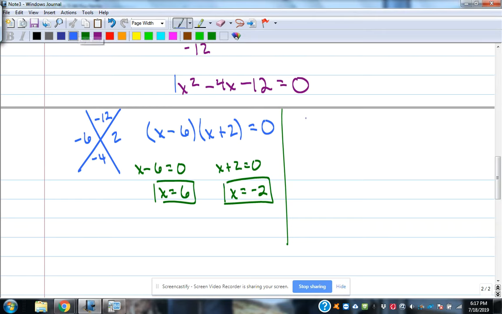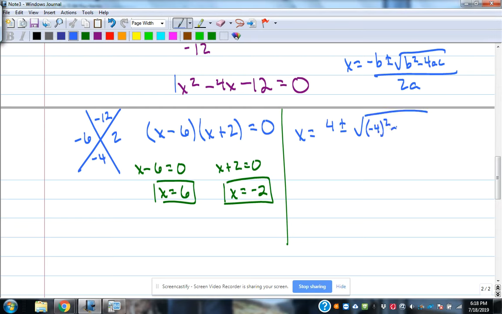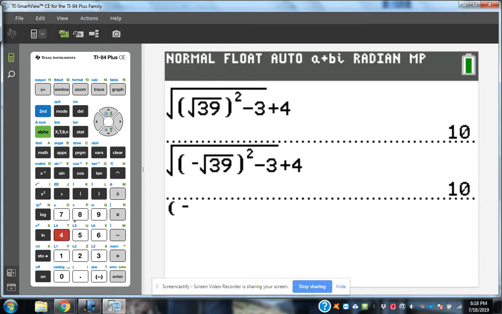If I did it by quadratic formula, remember the quadratic formula: x equals negative b plus or minus the square root of b squared minus 4ac, all over 2a. All right. That's our formula. A, B, and C are in order A, B, and C. So we're just going to plug those in. We got negative 4 squared minus 4 times 1 times negative 12, all divided by 2 times 1. And I would use the calculator to help me do that part underneath the square root. So negative 4